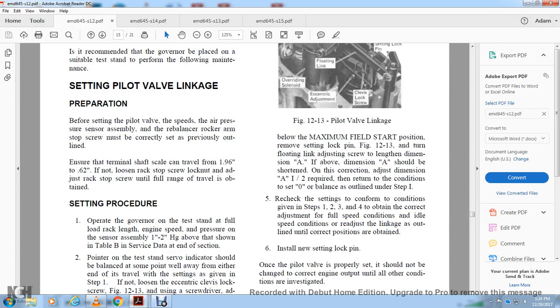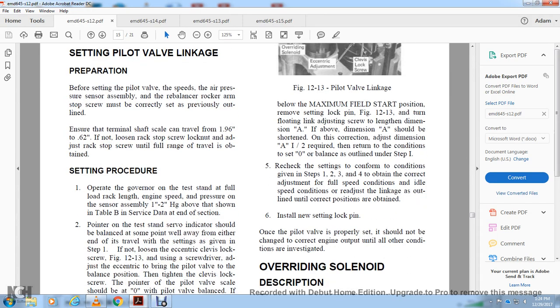Recheck the settings of information to conform with the conditions given in steps 1, 2, 3, and 4. Obtain the correct adjustment for the full speed condition and the idle speed condition. Readjust the linkage until the correct position is obtained. 16. Install the new setting locking pin. And once the pilot valve is properly set, it should not be changed with the correct engine output until all